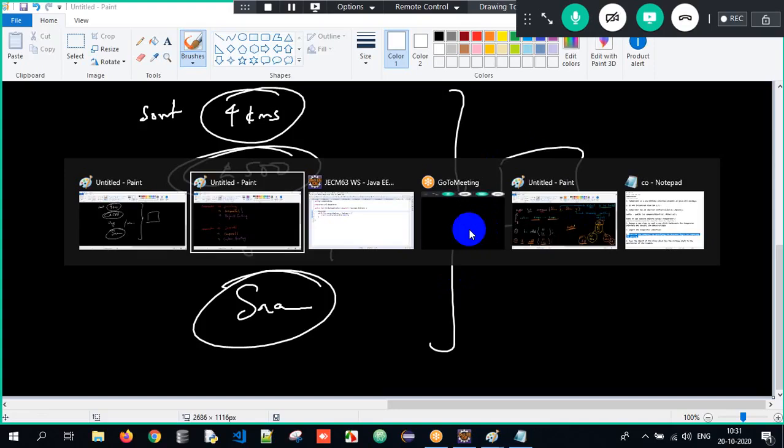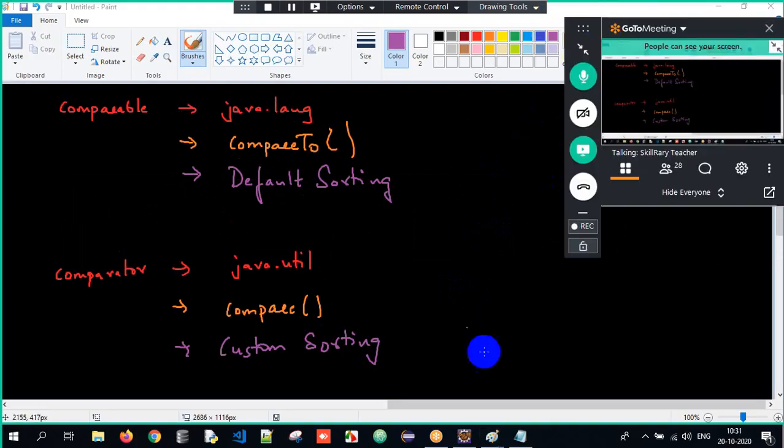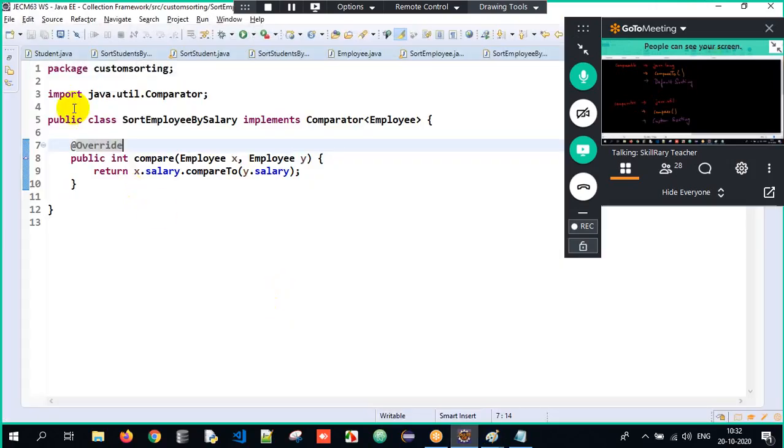So comparable is always used for default sorting. Comparator is always used for custom sorting here. So that's what we are supposed to understand over here. Clear guys? So in an interview they'll ask here, okay, as soon as you see the logic over here,